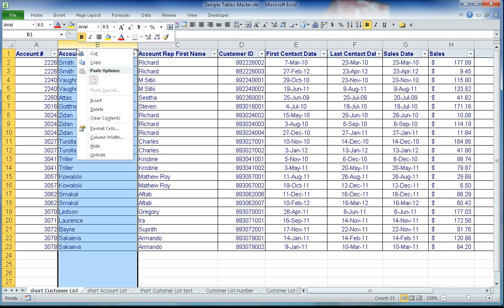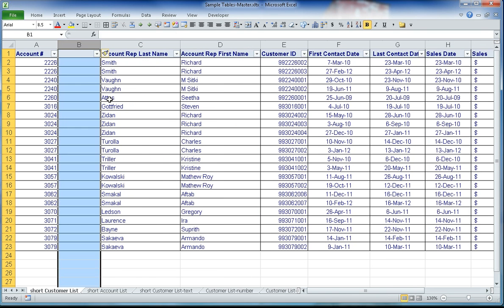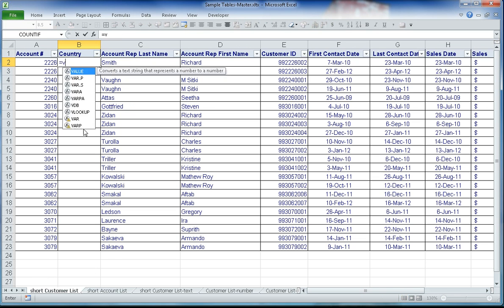What we're going to do first here is right click on V and hit insert. That inserts a blank column. We're going to name this Country, and on the first cell we're going to enter equals VLOOKUP,